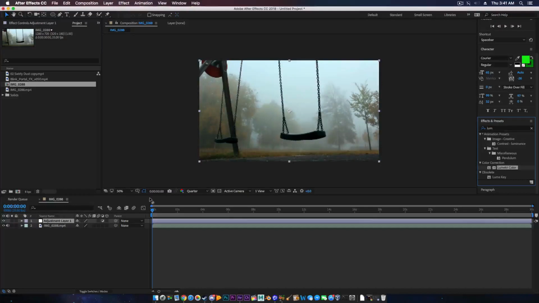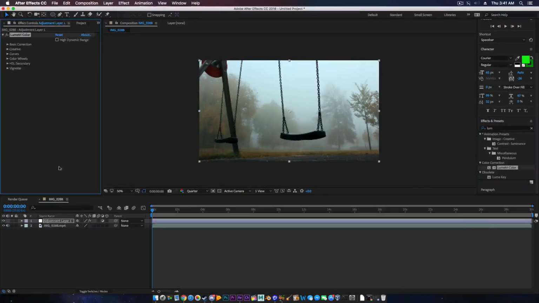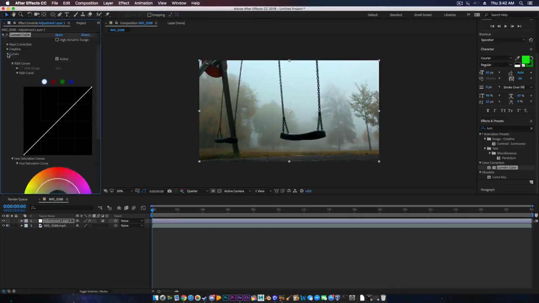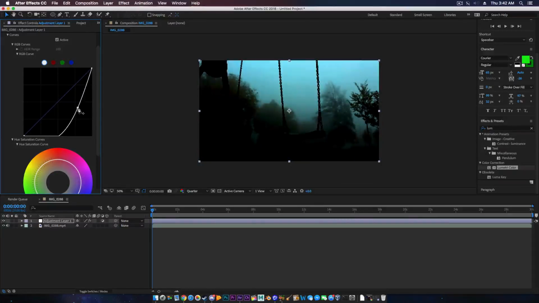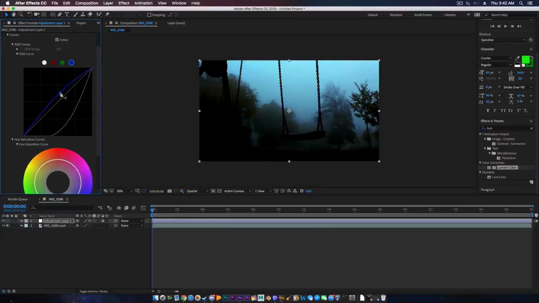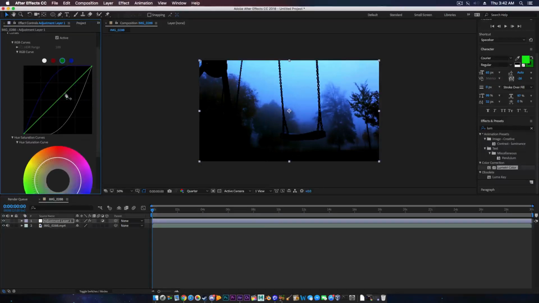Lumetri color, click that. Curves. Take that all the way down to make it real dark. Now click on blue. Bring the blues up, because the upside down has its look of the blue. That's the real upside down look. It's that dark bluish tint that's creepy. So we're gonna replicate that